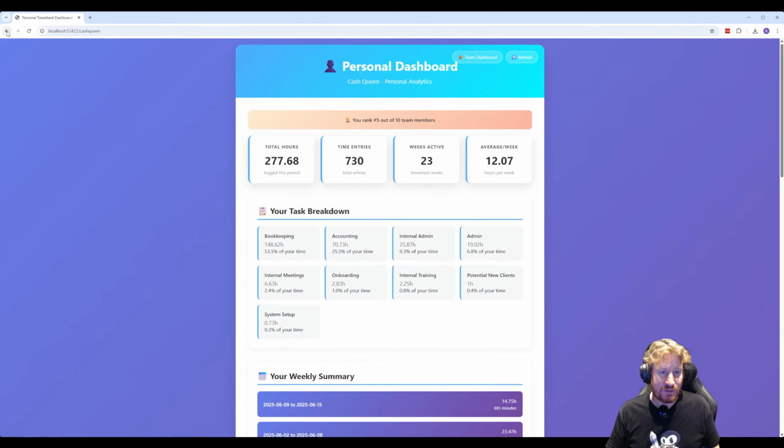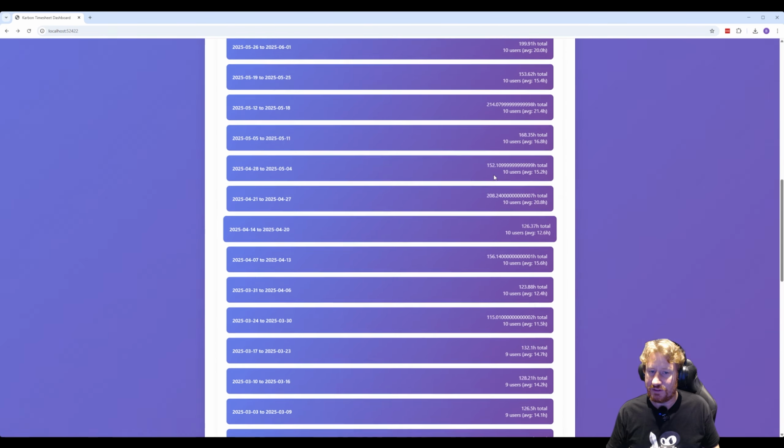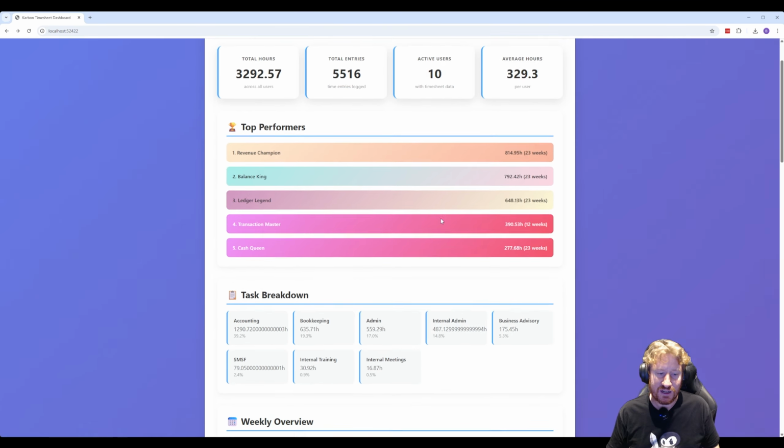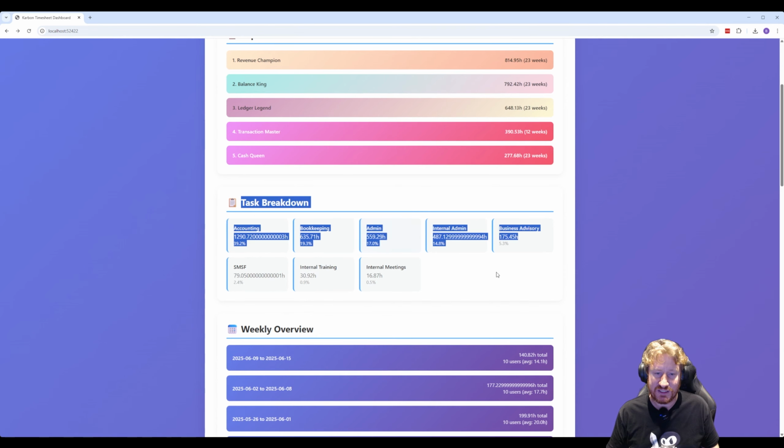So I'm pretty excited about being able to roll this out internally for us. So not using test data, but our own data, because in particular, I think the task breakdown, so this section here, will be very interesting to try and figure out what parts of our business are actually utilizing time, and then be able to make some